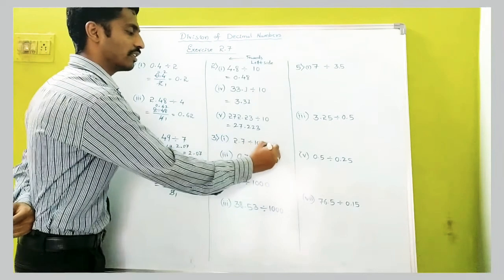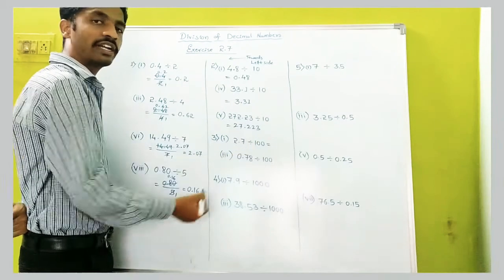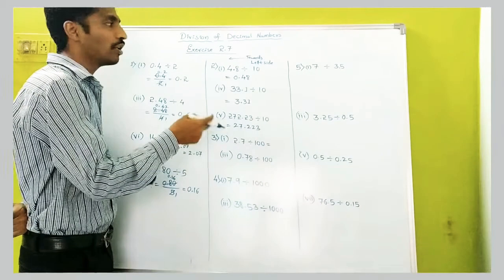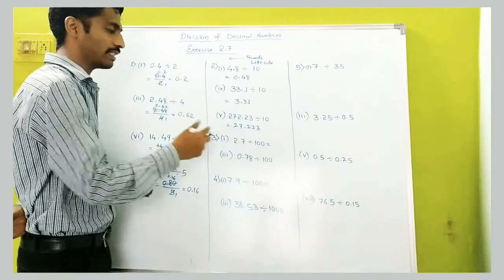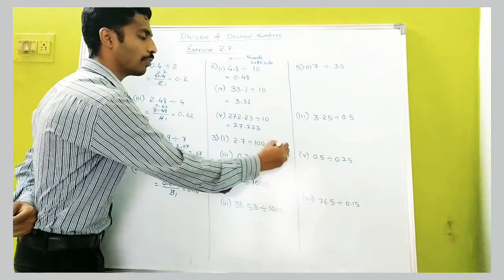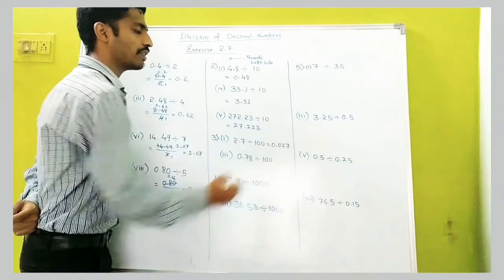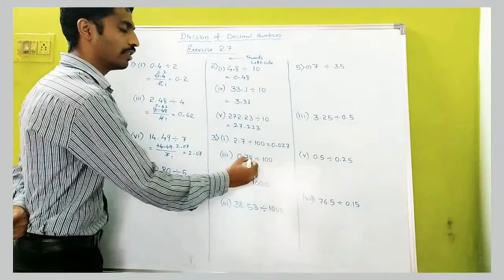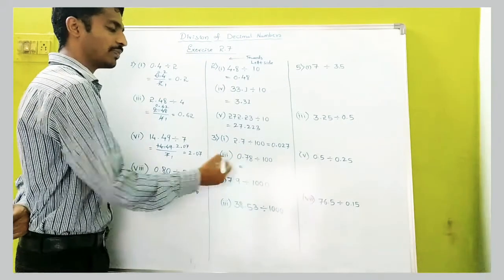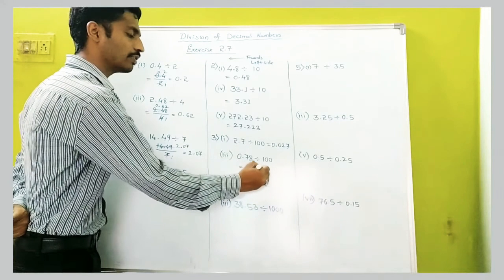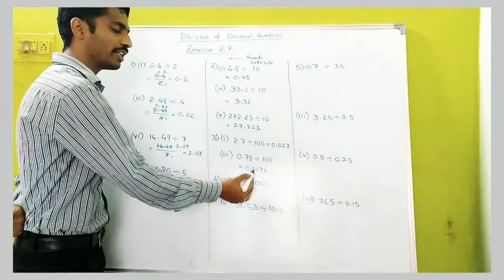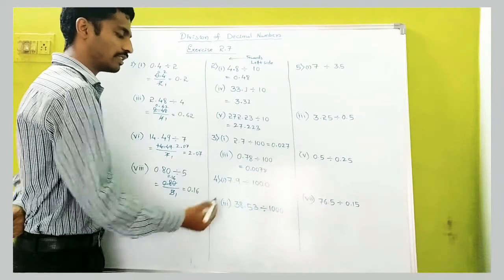Next. Now you tell me, divided by 100 means 2 zeros are there. So we have to move to the left side. How many places? 2 places. So here one place is there and the other place is not there, so take it as 0. So 0.027 is our answer. Here also 0.78 is there. So move towards the left. Here there is no number, so take extra zeros: 0078. So here we will get the point. So our answer is 0.0078.